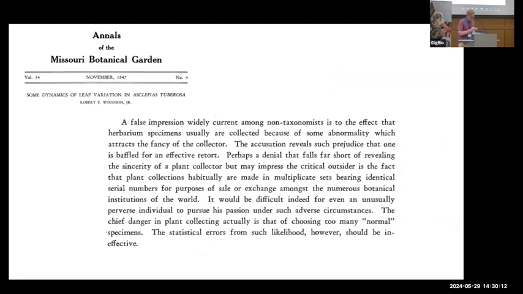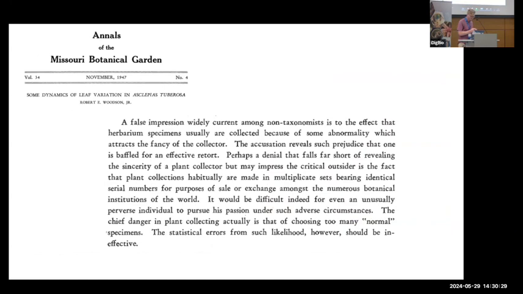All right, I love this quote, and since I have an hour and a half and I have your uncaptivated attention, I had to read this. This is from Woodson, 1947. Okay, you ready? A false impression widely current among non-taxonomists is to the effect that herbarium specimens usually are collected